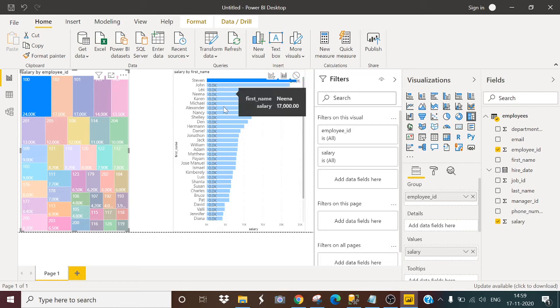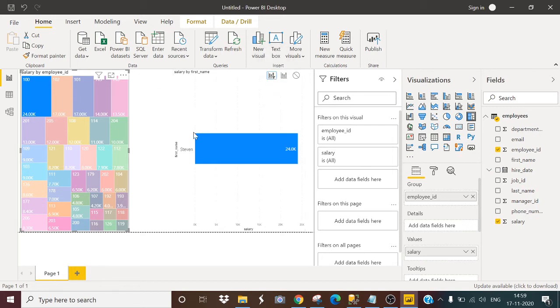I do not want this blurred data. I only want this Stephen data highlighted in this graph. I do not want the blurred data. So how can I get this? As you can see, I have used edit interaction. Let me turn on this filter now, and let's see that it is now reflecting only Stephen's data. The blurred data is hidden, it is not showing me the blurred data.